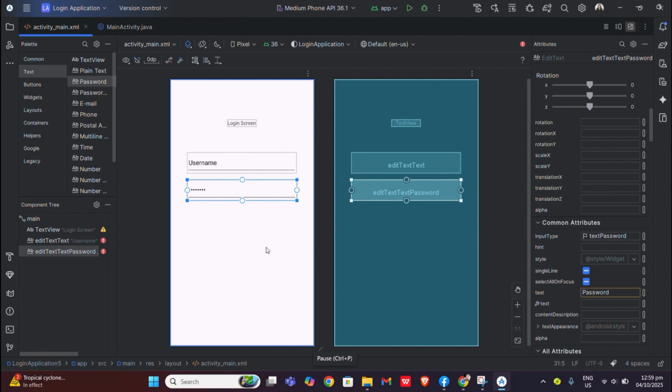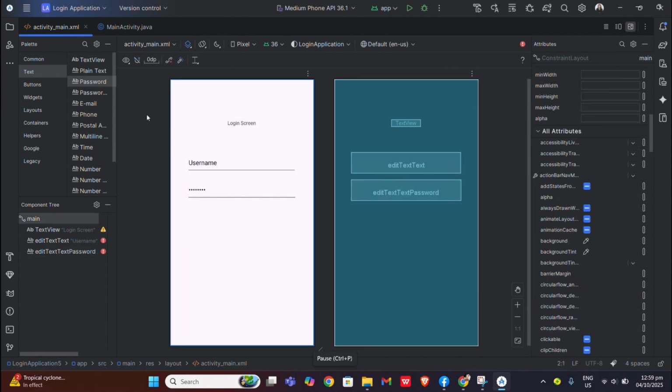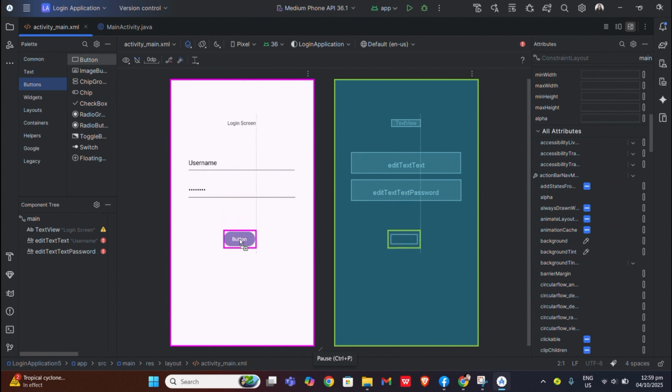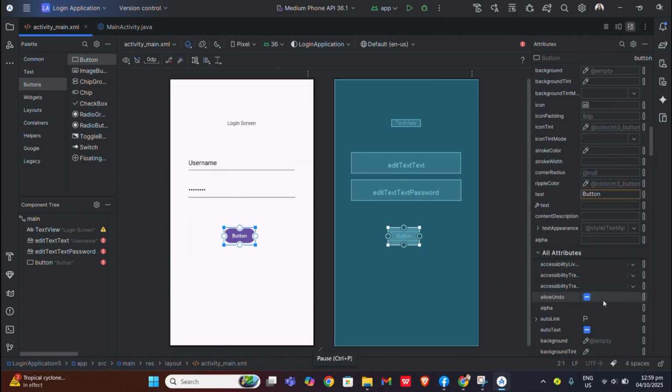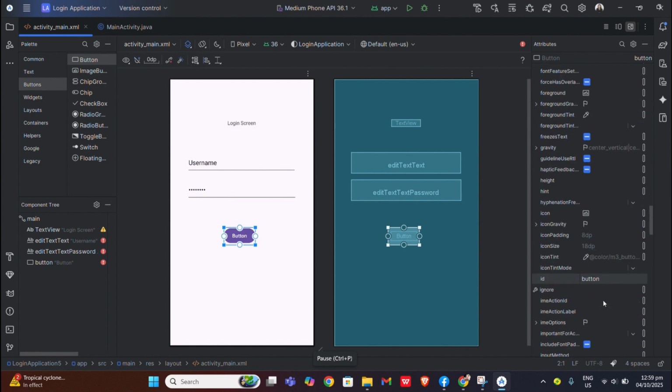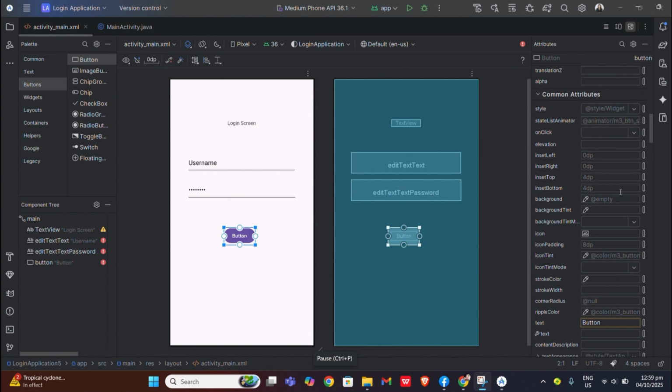And now click the button and drag the button to the screen. Change the text to login. Enter.